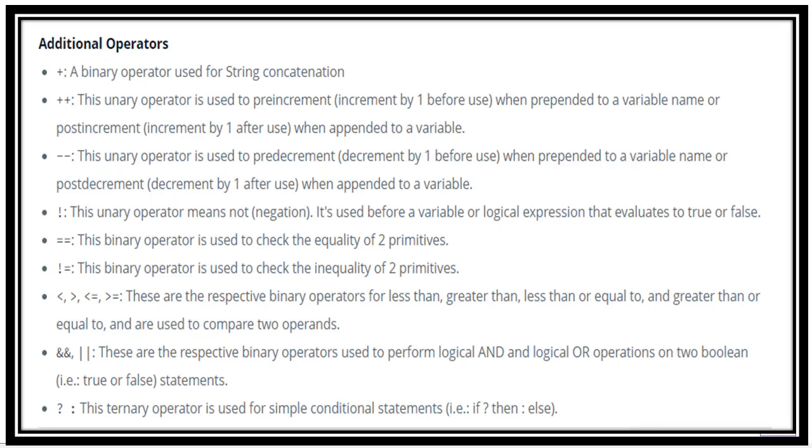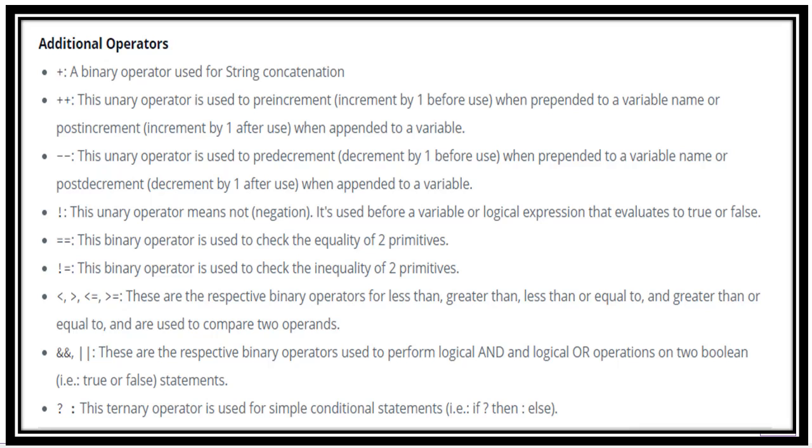And next, --. This unary operator is used to pre-decrement, that is, to decrement by 1 before use, we will use --1 or --i. Let's assume i is equal to 1 and let's try this. Now basically i is equal to 1. When we pre-decrement it, that is --i, it will become 0, right?